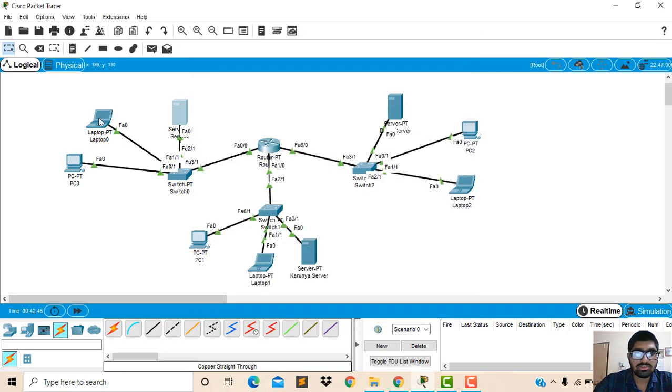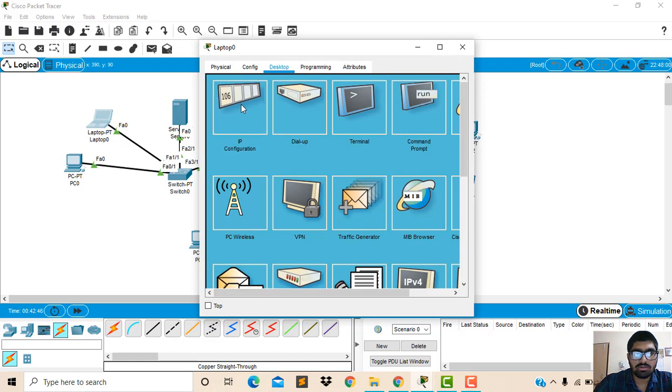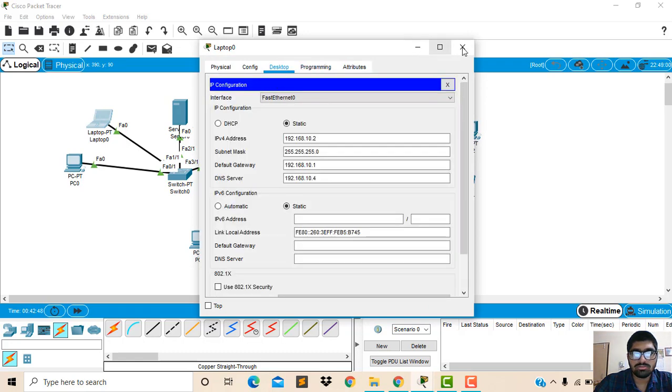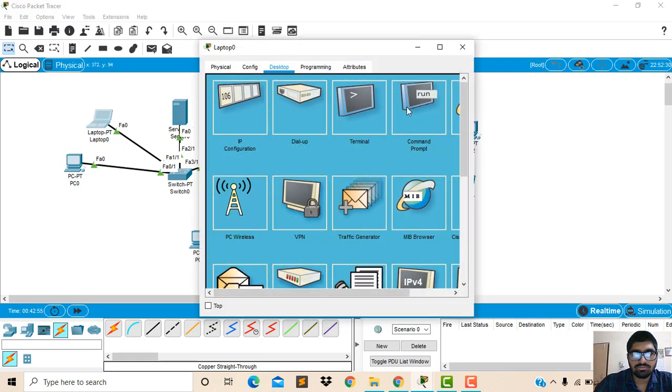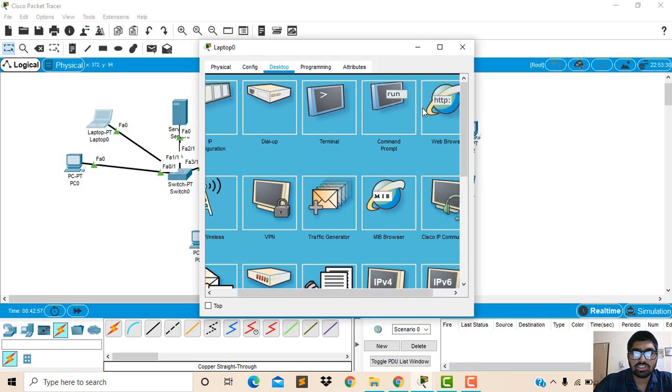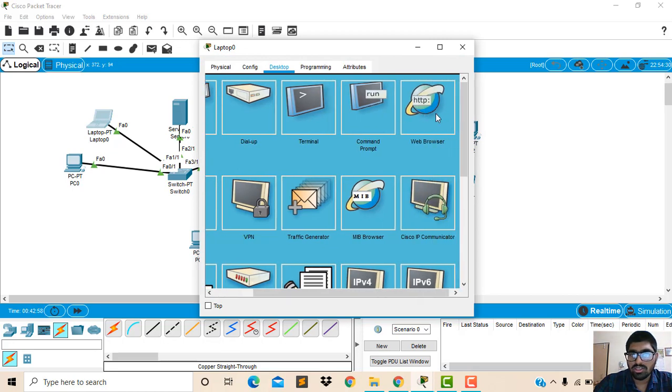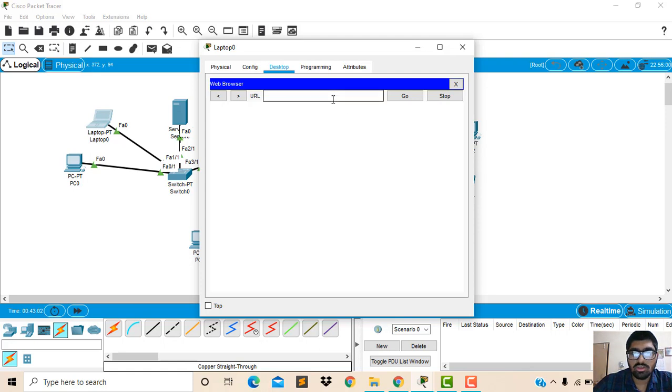Now we will check when the user has entered in the laptop www.karunya.edu, whether it is responding or not. Here when we go to desktop and select web browser, we can enter the website domain name or the IP address directly.